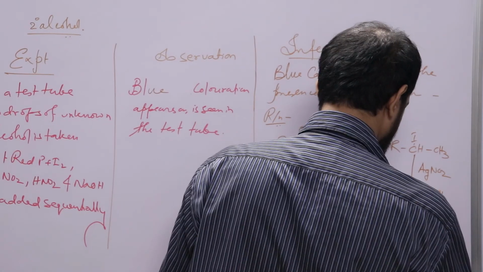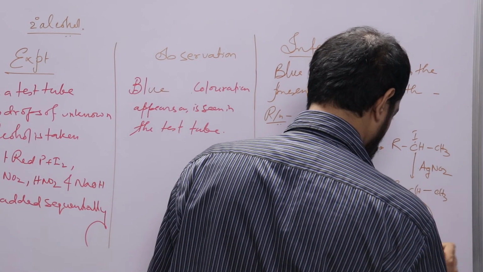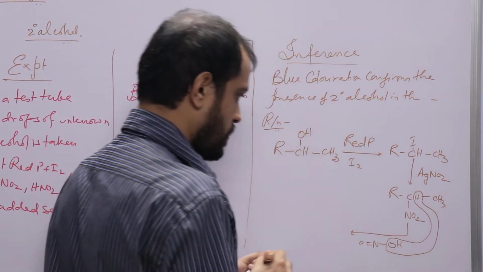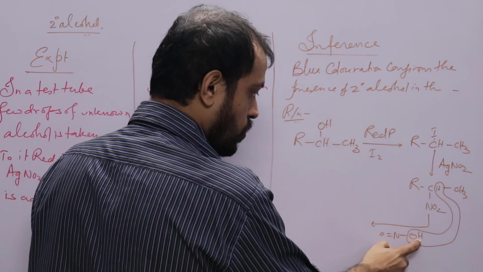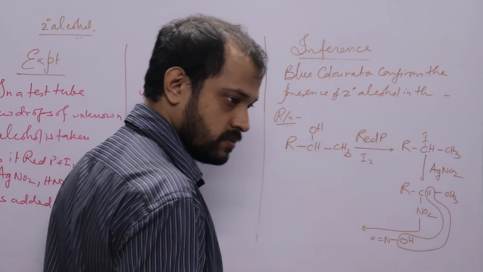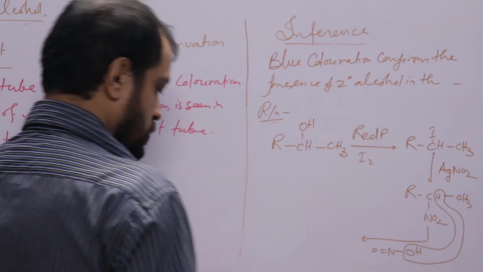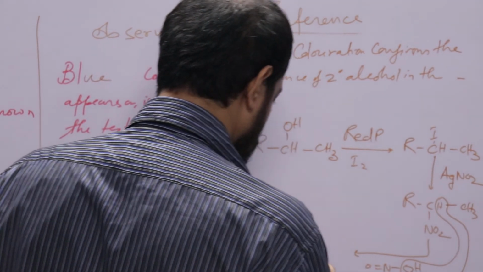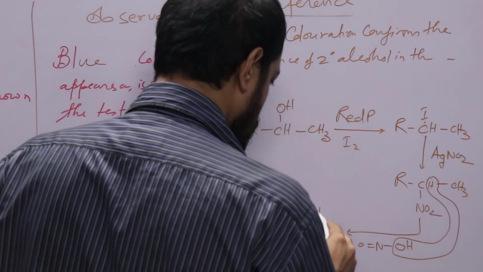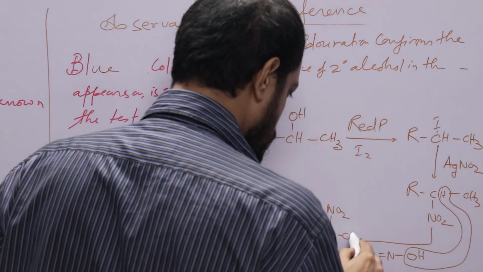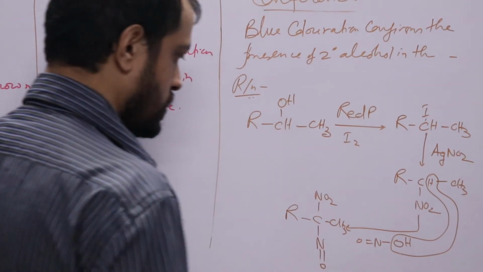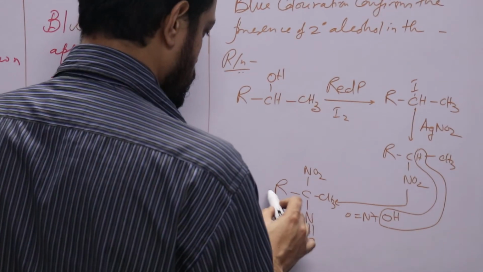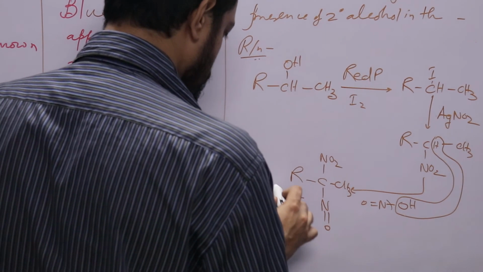That means this will now go out. Okay, so in the first reaction this oxygen was going out, in the second reaction OH is going out from HNO2. Okay, so what will remain is actually RCNO2CH3NO, right? This is so. Now listen, to this if we add NaOH,